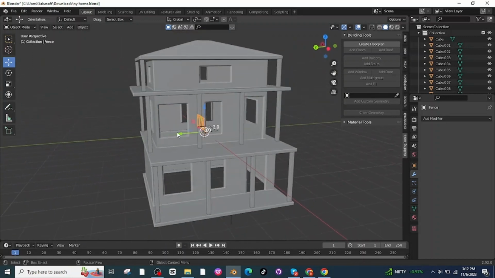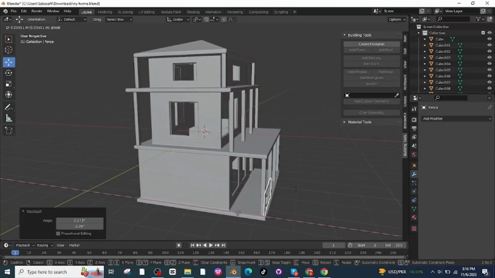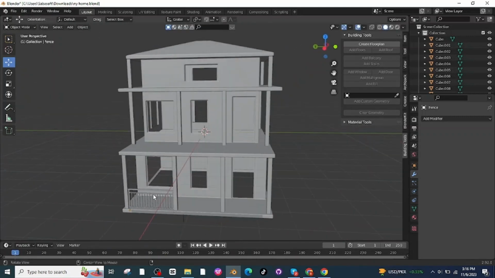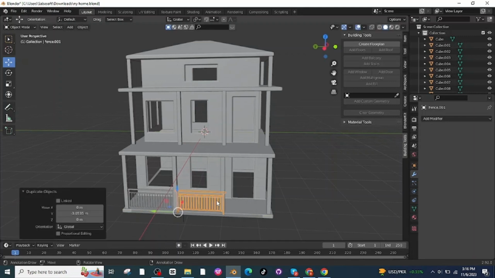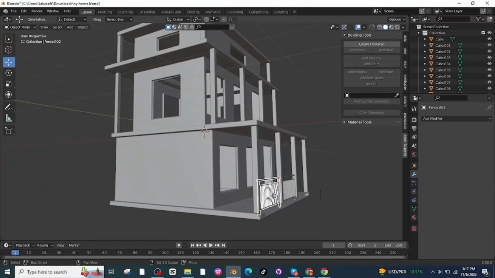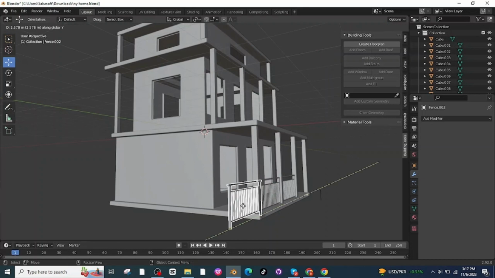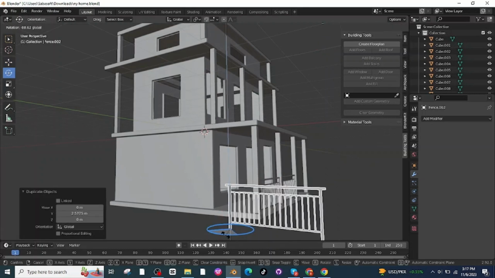Select this fence and move the fence to a proper location and then move it to its position, and I will duplicate it. Press shift to duplicate and move it along Y axis and place it here. Again select the fence and duplicate it, move it along Y axis, and then I will rotate it and move